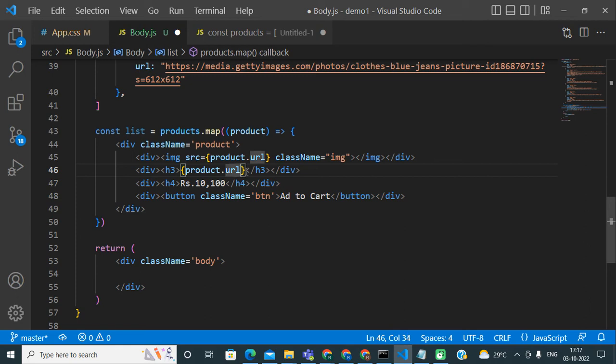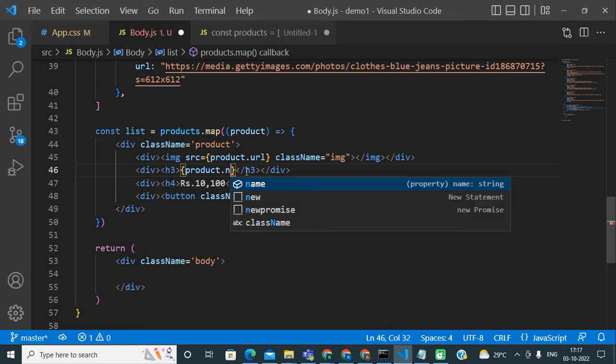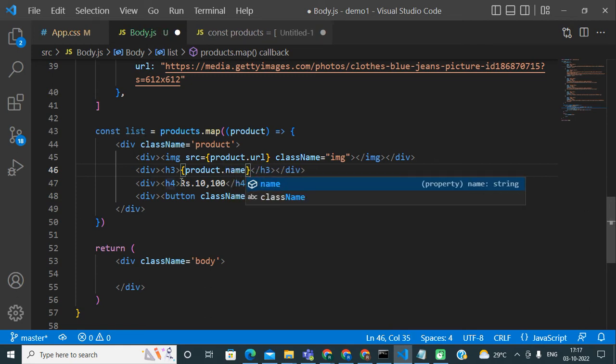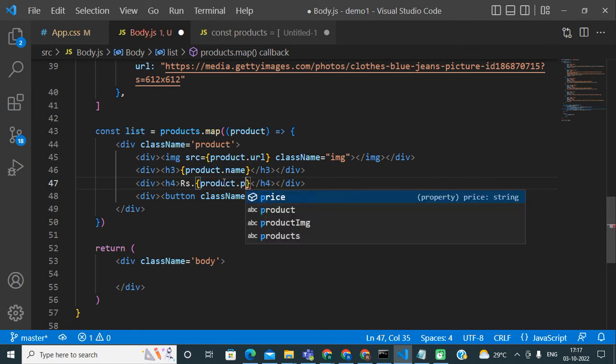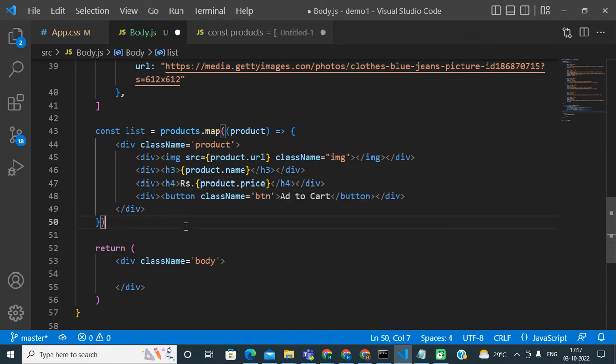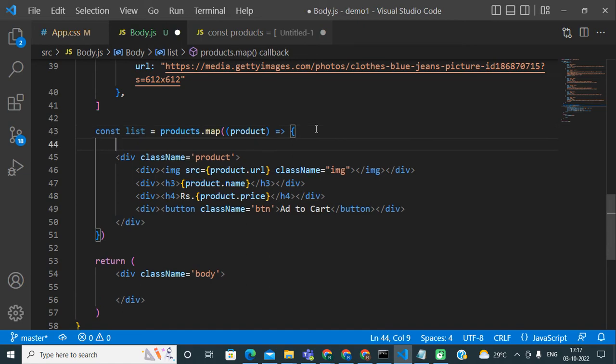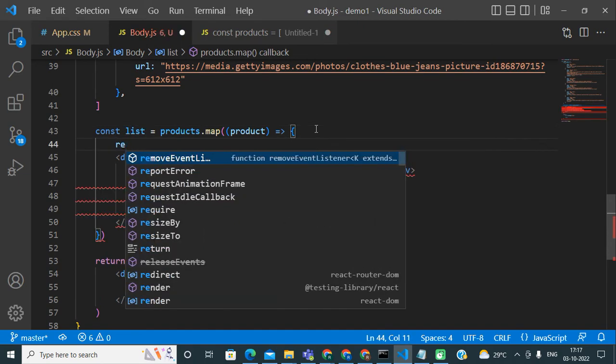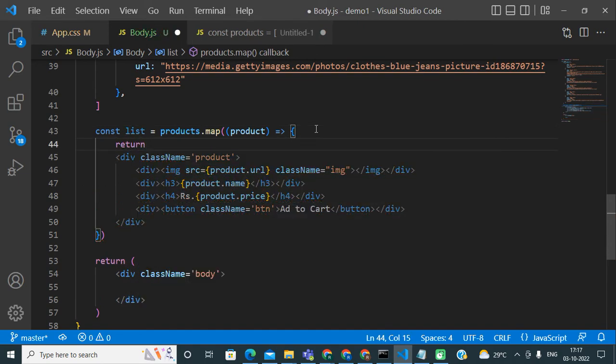So this time product URL, then product name, okay. Then here it will be a product price, okay friends, okay. So I think this is done, okay. And basically we again need to return this dynamic array, this dynamic list,